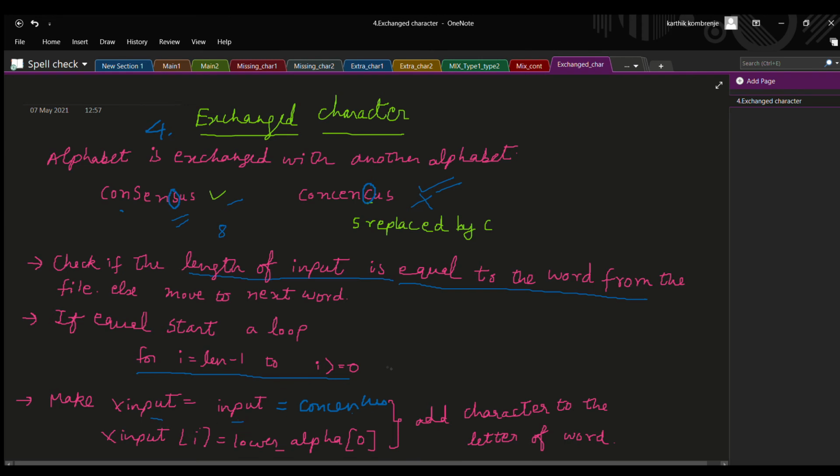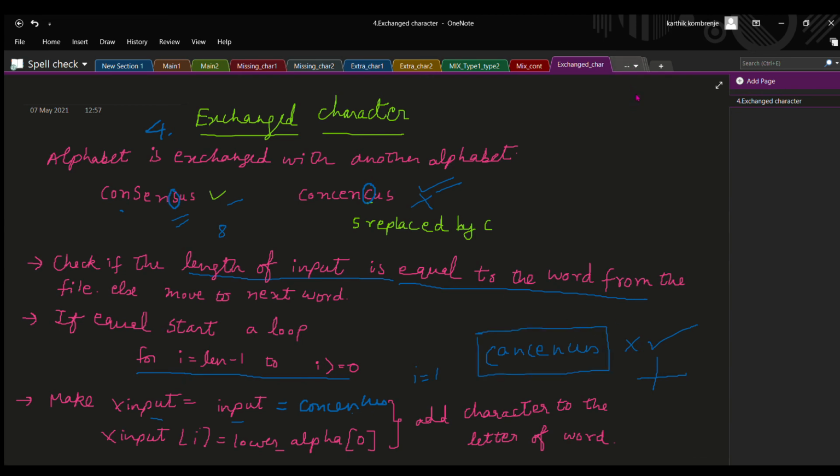suppose i is equal to 1, then what do we do? I will replace the O present over here with A. "Canсensus". I will check if this word matches with any word present in the file. If it does not match, then I will go to the next step.